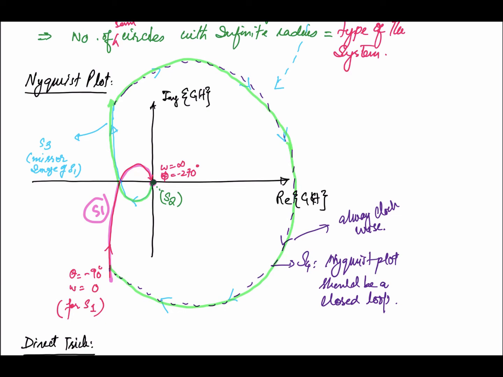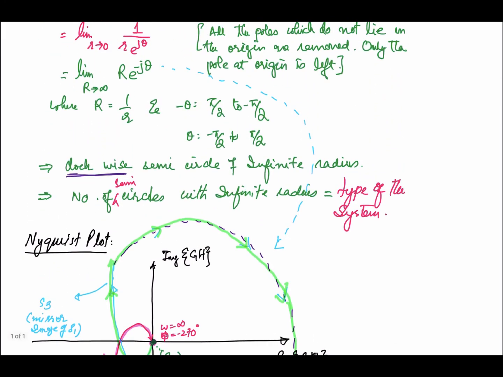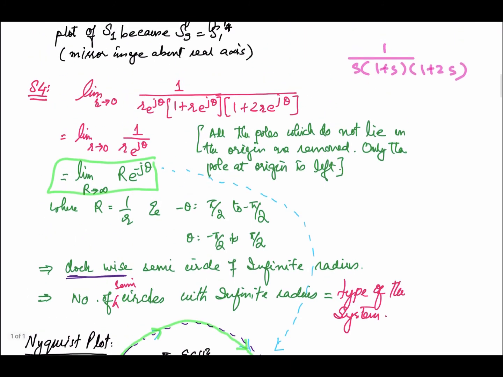So as you can see, if you look at the direction of traversal, we are traversing it in the clockwise direction, right? So this infinite circle will always be in the clockwise direction, and this is for S4. Why are we taking this one? If you look at this part, we are sketching this representation for the fourth section of the contour, that was a small circle close to the origin. So we are going to represent it like this.